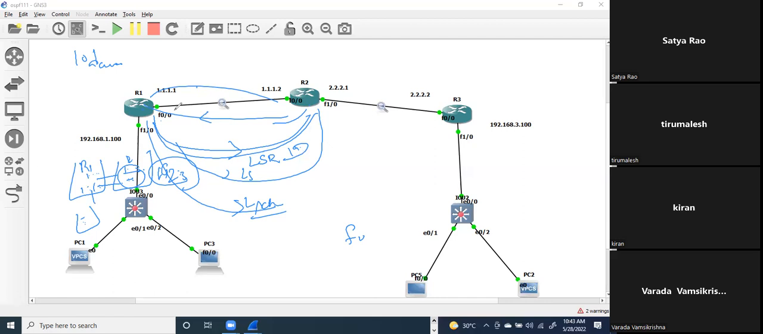After Exchange state, there is a Loading state. In Loading state, it ensures that all the databases of OSPF inside the OSPF area have the same database. If the database is not the same, then the routers will send the link state request, which contains information about any missing prefixes. So it sends that link state request, and link state update and link state acknowledgement will happen in Loading